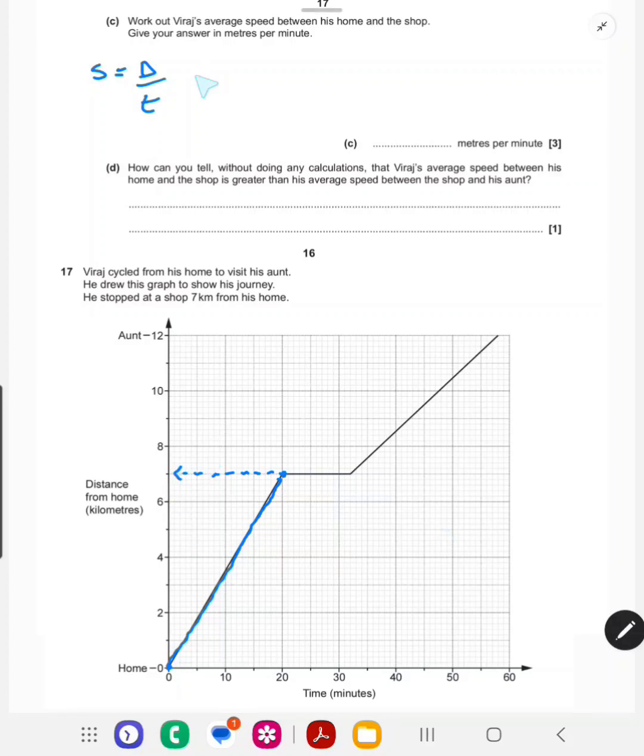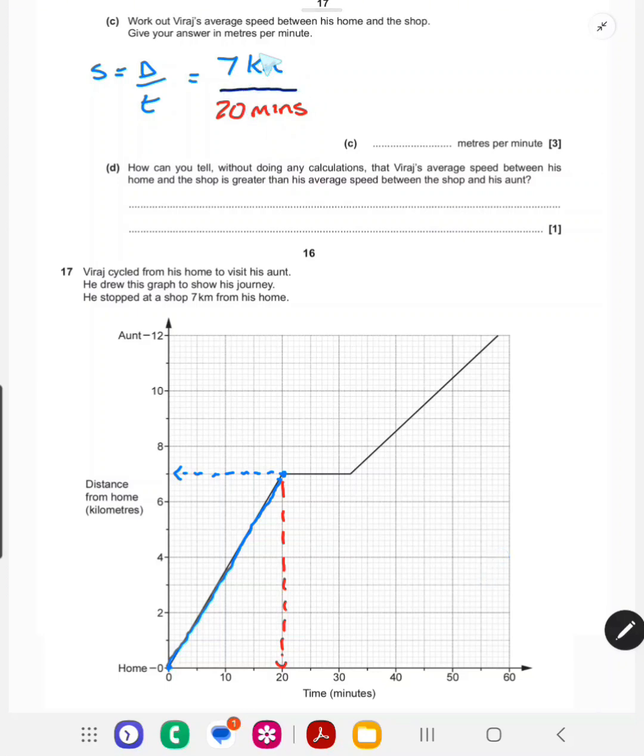The distance is 7 kilometers. And the time taken, let's work down to have a look at time, 20 minutes. So we've got the distance and the time, and we could work out the speed by doing 7 divided by